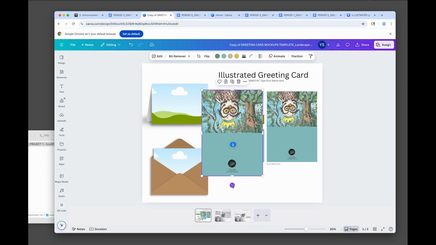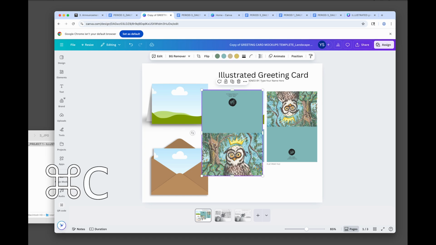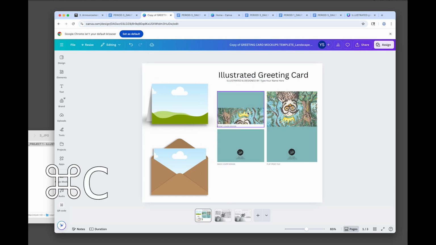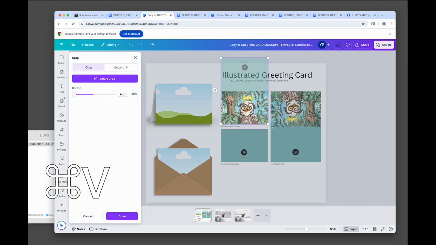So I actually have to rotate it 90 degrees or 180 degrees. And now I'm going to Command C to copy it. That way I have a copy of it. I don't have to rotate every time. Again, it drops it by default in the center. Double click inside of here and just drag it up. Make it a little bit larger if you need to, because this final flat design does have crop marks on it and bleed,